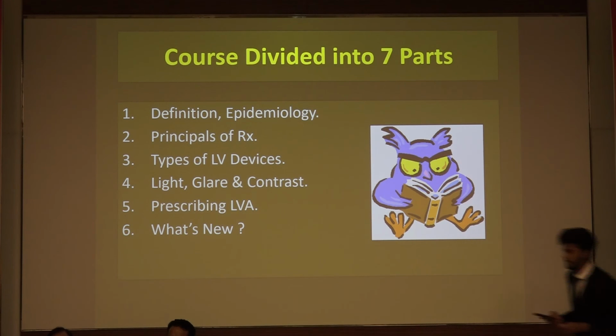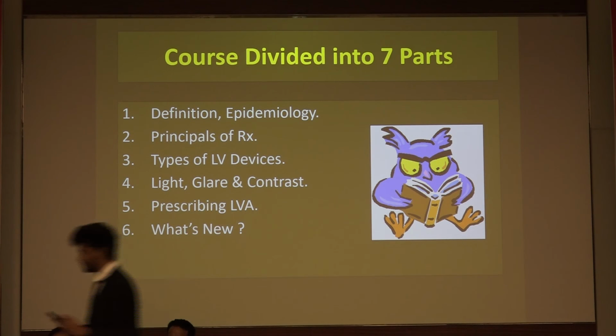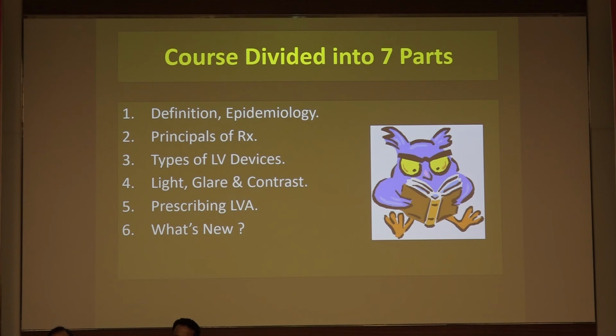This course is divided into 8 parts actually. This is a misprint over here. We'll begin by the definition of low vision and epidemiology, and then go on to discussing the principles of treatment and then types of LVA devices, then discuss light, glare and contrast management, then actual prescription of low vision devices, and then consider what's new in the field of low